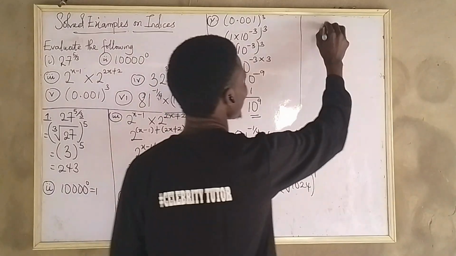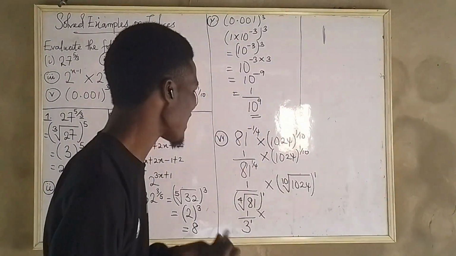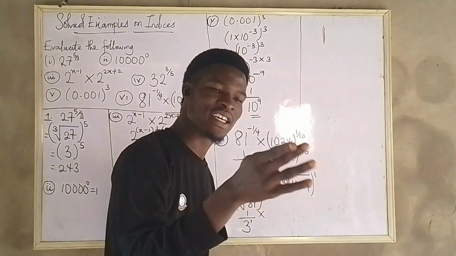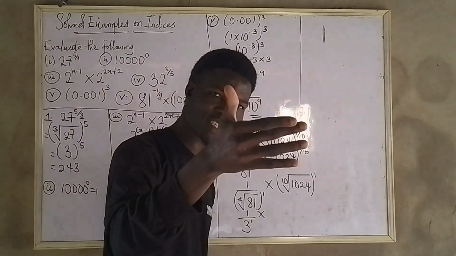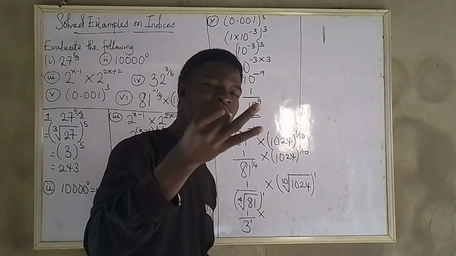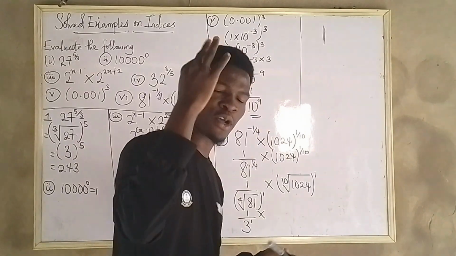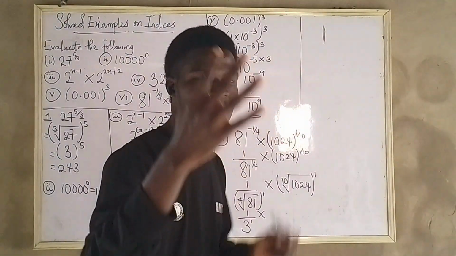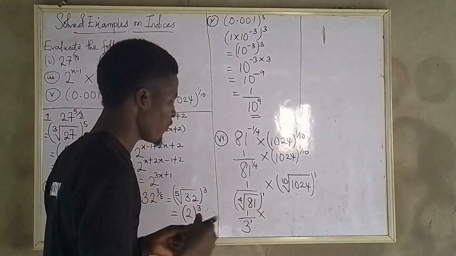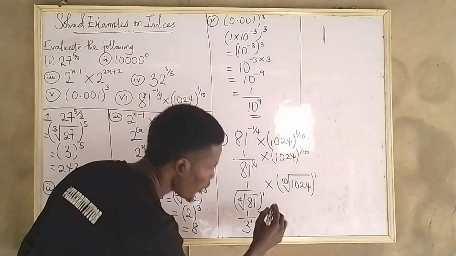Let's check that. I've even forgotten. Let's start again. 2 times 2, 4. 4 times 2, 8. 8 times 2, 16. 16 times 2, 32. 32 times 2, 64. 64 times 2, 128. 128 times 2, 256. 256 times 2, 512. 512 times 2, 1024. So that means the number I multiply in 10 places that will give me 1024 is